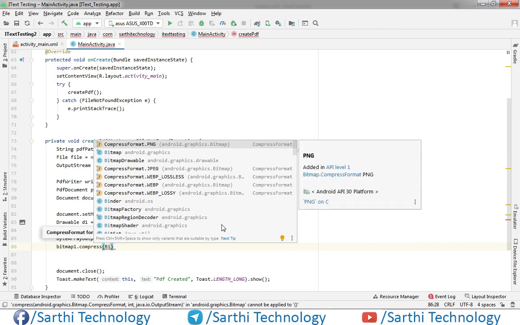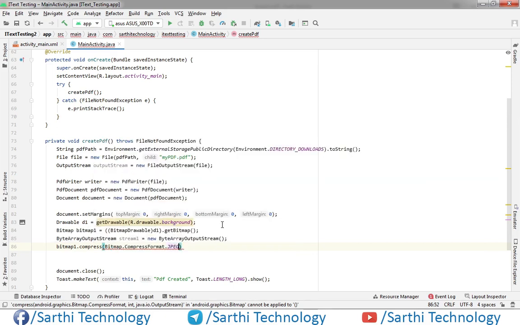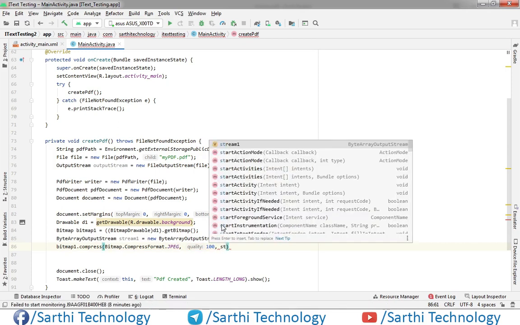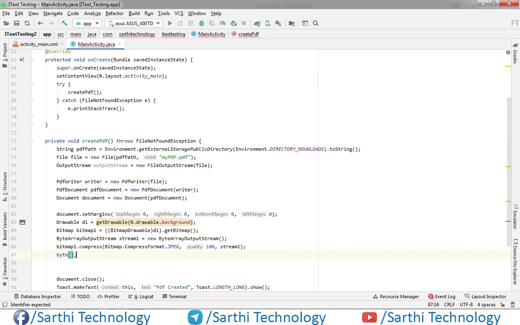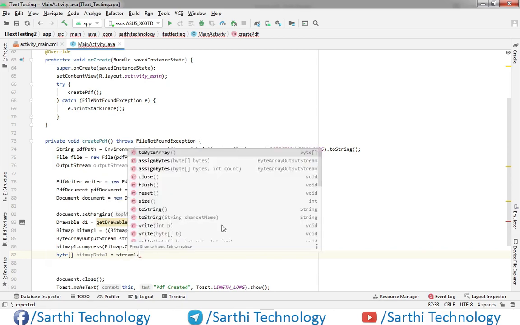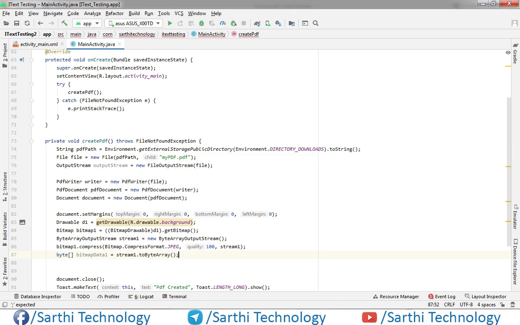Now at this point we have JPG image, so we will use this. Byte array, that is bitmap data. To byte array.